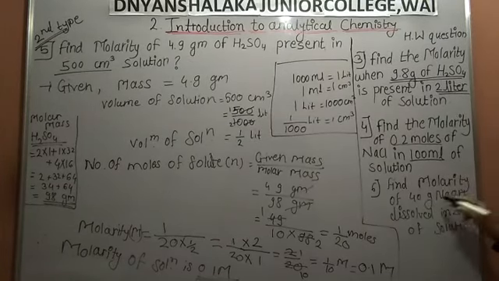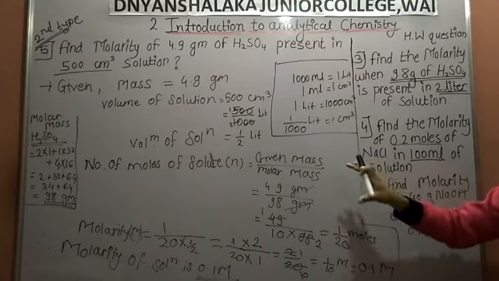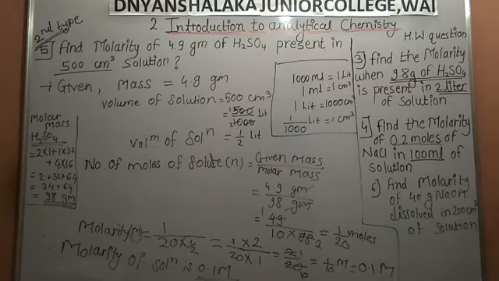So this is your question number 6. Find the molarity of 40 gram NaOH dissolved in 200 cm³ of solution. Refer to question number 5; solve question number 6 similarly. In this question we are given the mass of NaOH, 40 gram, dissolved in 200 cm³, which is the volume of solution. First convert this cm³ unit into liter, then find the number of moles of solute, small n, and then find the molarity of the solution. Using these three formulas we find the number of moles and the final answer, the molarity of the solution.